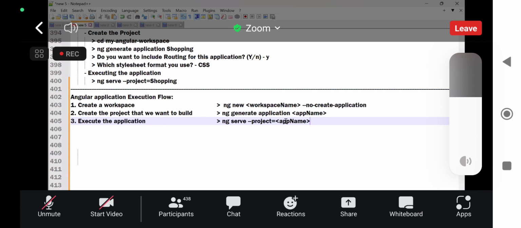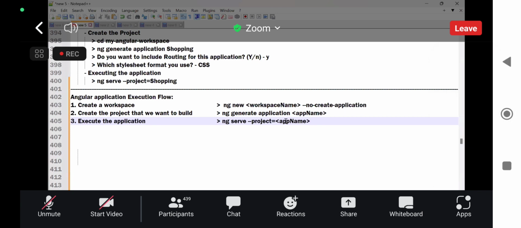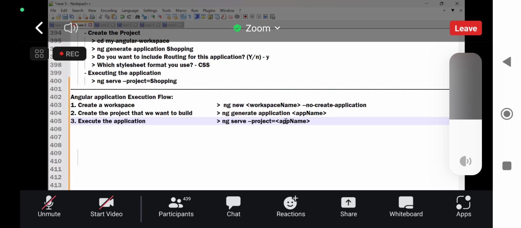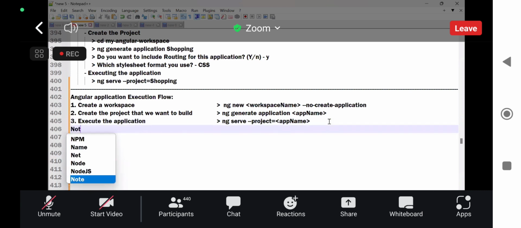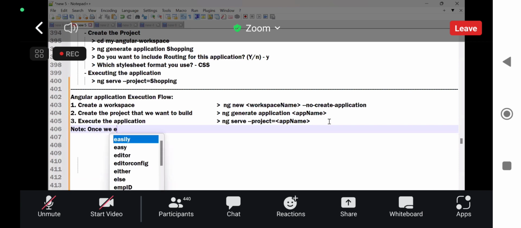is very important. So you can give that particular one. Understand? So create the workspace, create the project, and execute. Now the time, once if you execute that application, once we execute the above command,